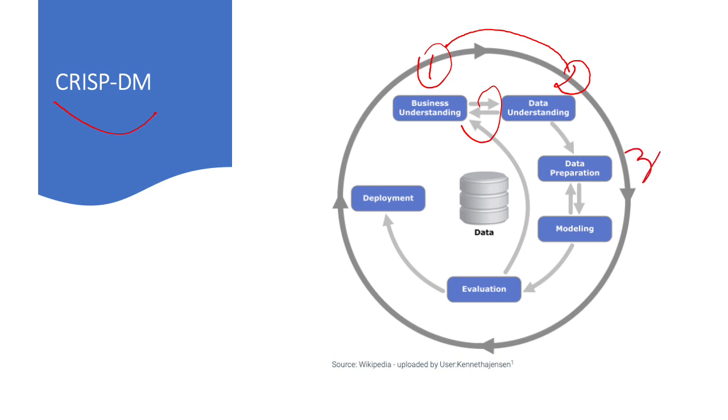Then step number three is data preparation, because most of the time the data we collect is not perfect. It might have the wrong format or missing values. And so in this step, we decide how to transform the data, considering options like reducing the number of features or attributes of our data, or taking samples of our data set to make the data set even more manageable.